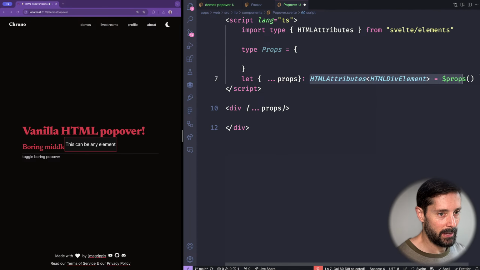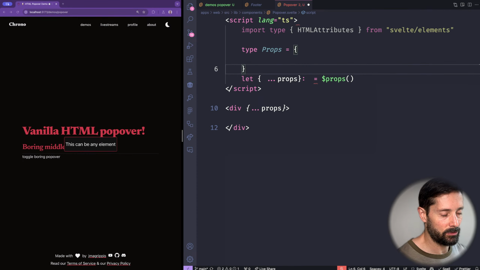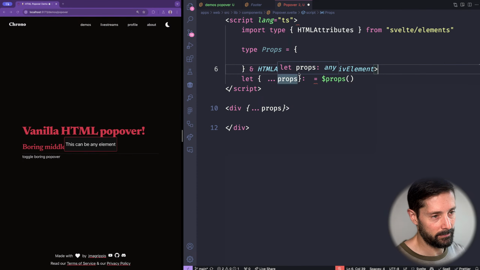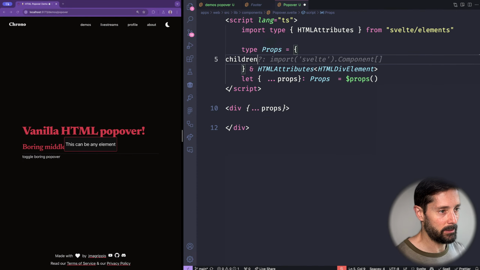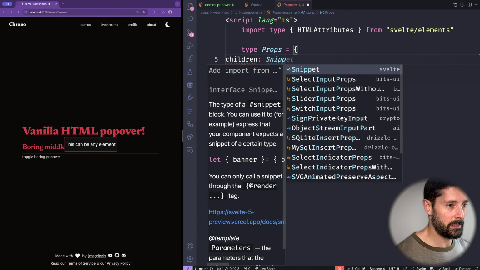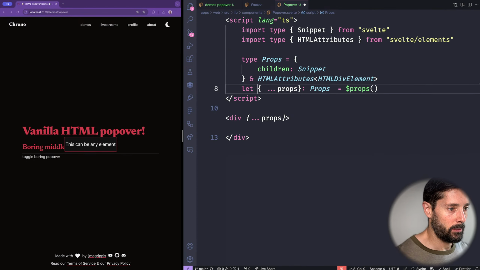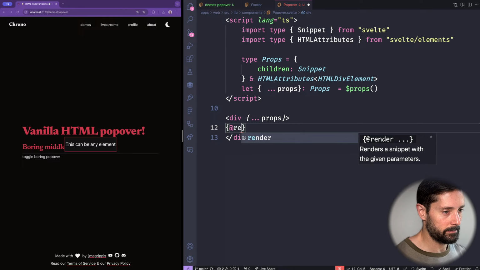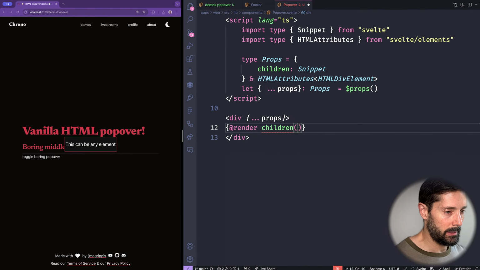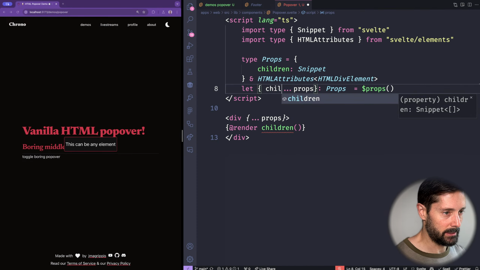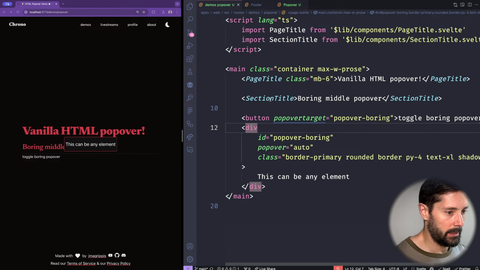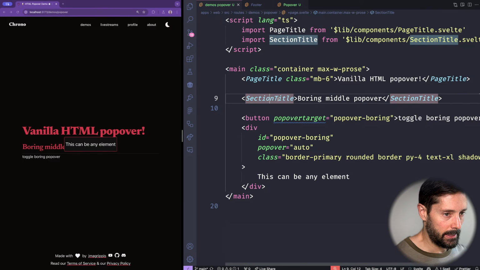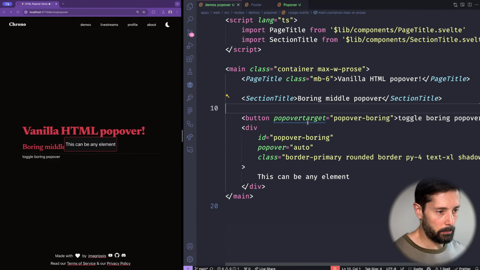because it's Svelte 5, this is gonna need to take some props that are gonna be the HTML attributes that we said, but they have an extra thing. They also get by default children, which is a Svelte snippet, which we're gonna render here, so long as we remember to destructure it. And even for the boring middle popover,